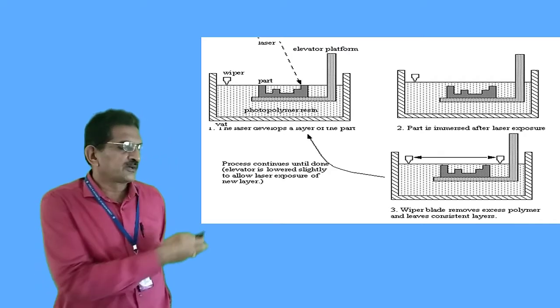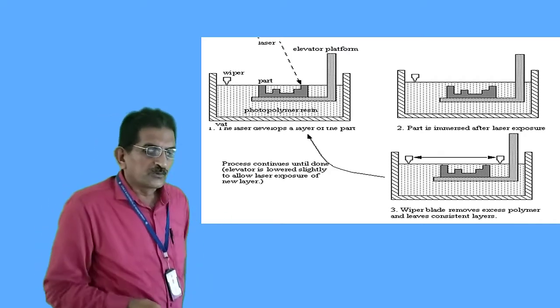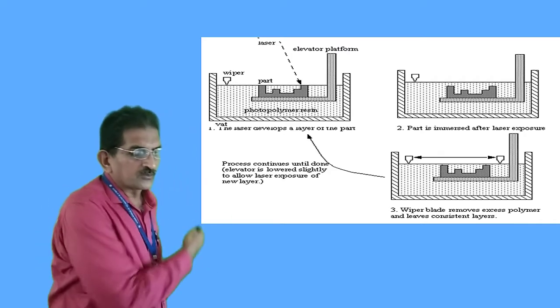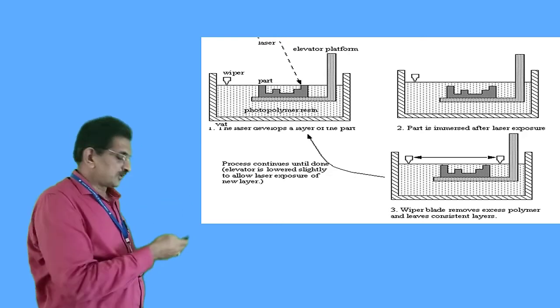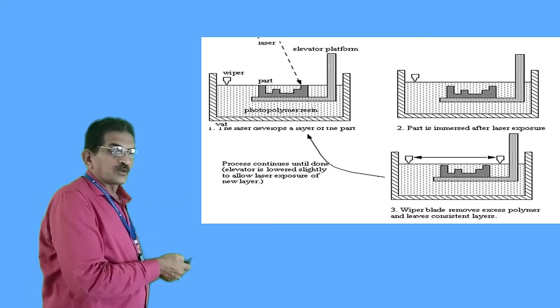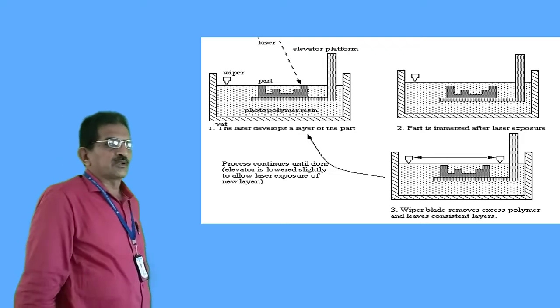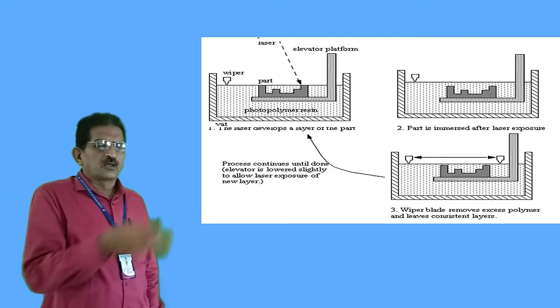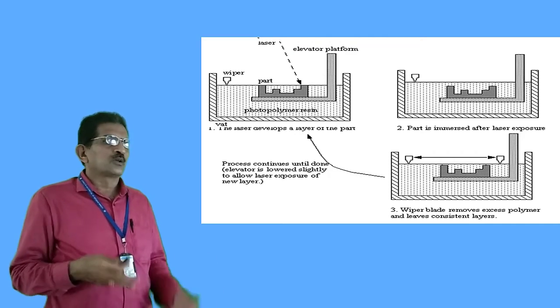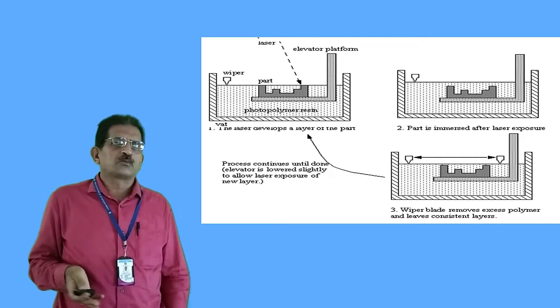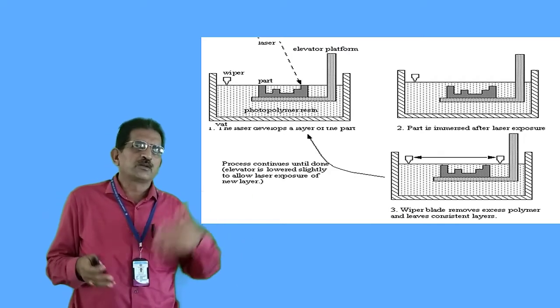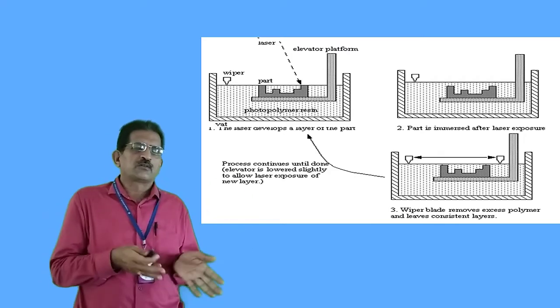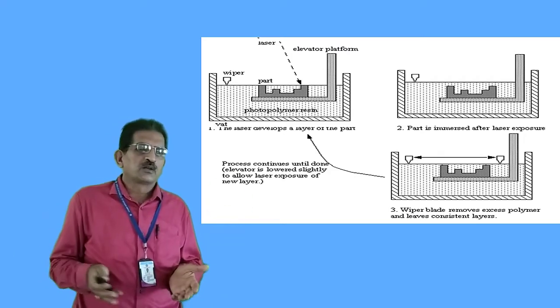These are the few components you can see, made from this process. Basically, the advantage is this SLA system you can keep, and it will go on running round the clock. No persons are needed for 24 hours, 30 hours. It will be started and, once material is available, it will go on producing the products.